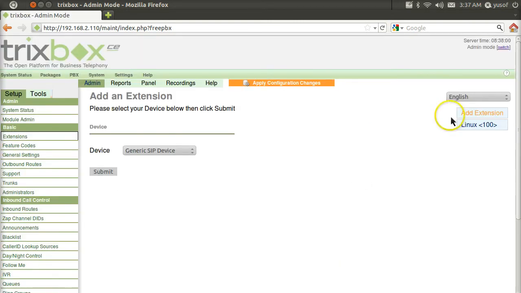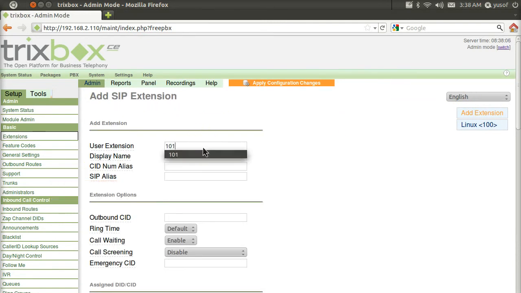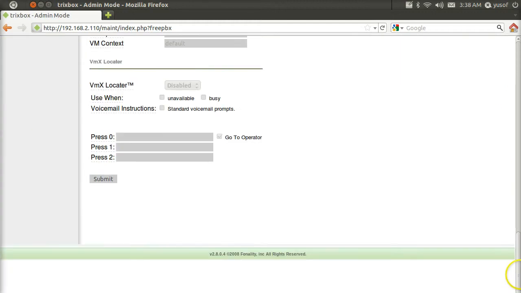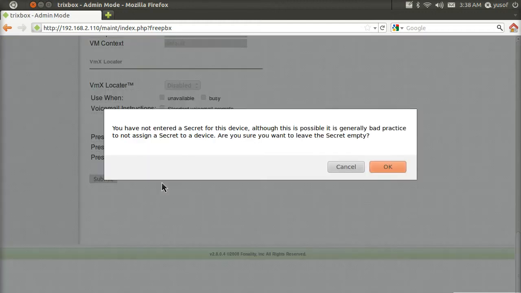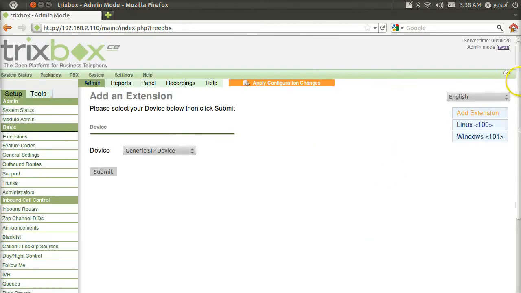And we're going to add another extension, submit. And by the way, I do apologize if it's kind of slow. Let's put this one as Windows. It's kind of slow because this is running on an old Acer Aspire. I believe it has 256 megs of RAM. Alright, so Linux, Windows, and then